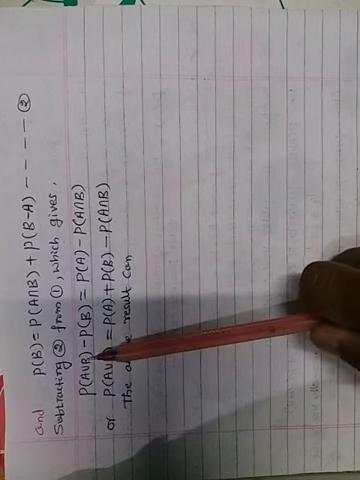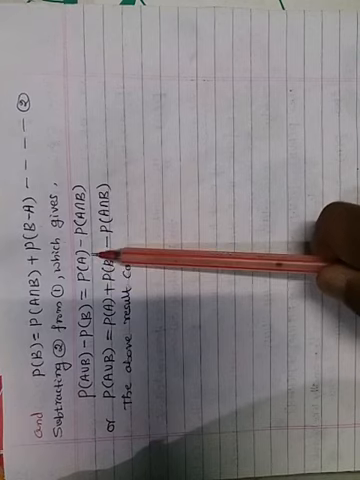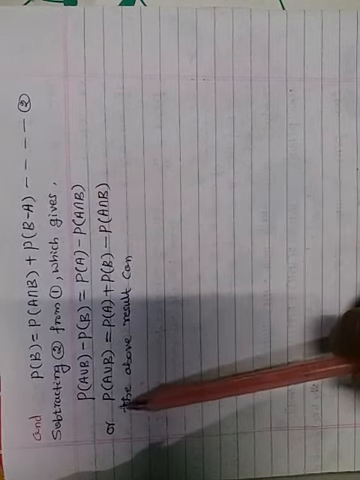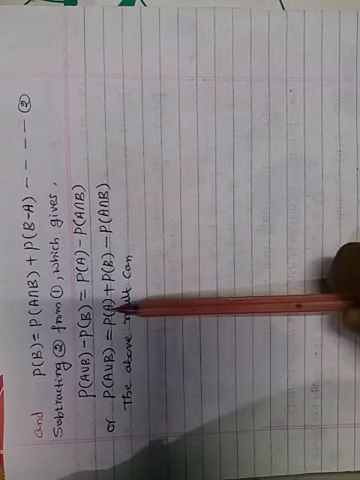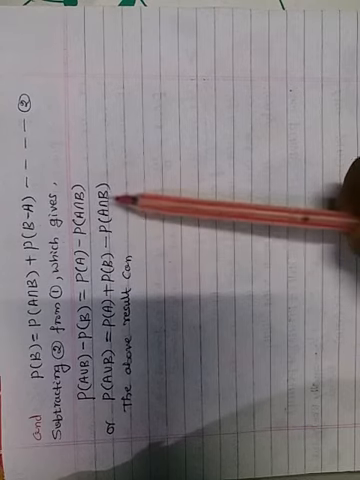P of A union B minus P of B is equal to P of A minus P of A intersection B, or P of A union B equals probability of A plus probability of B minus probability of A